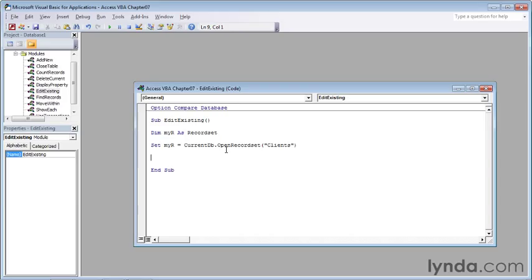The first code is probably what you would expect. That is myR.Edit. This opens the current table row for editing. Press enter a couple of times, and then type myR, and then we're going to define which field we're working with. Type in an exclamation point, a left square bracket, and then ClientCompany, all one word, and then a right square bracket,